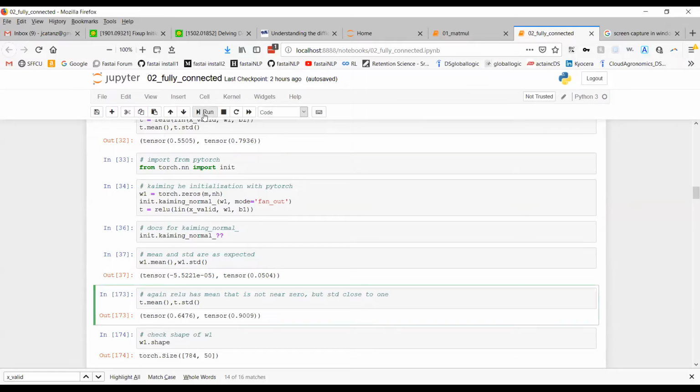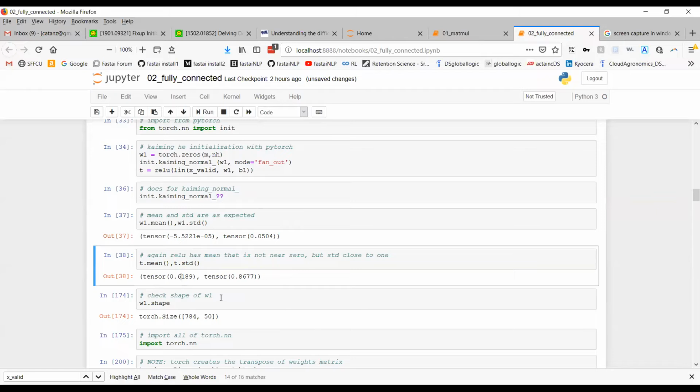And again, Jeremy notices that although the standard deviation is close to 1, like it should be, the mean is closer to 1/2. And it turns out, as Jeremy found out just by playing around with it, that's because you're using a ReLU, and the mean of a ReLU is 1/2. So